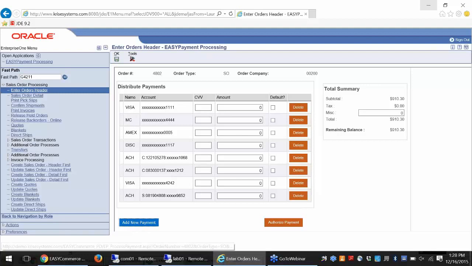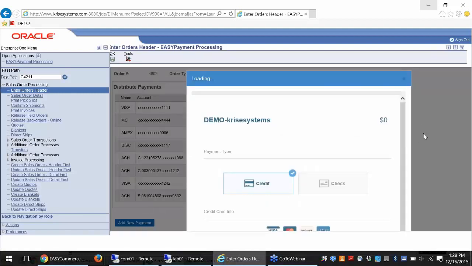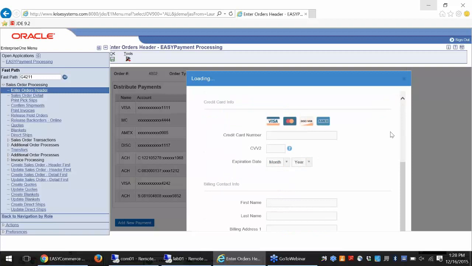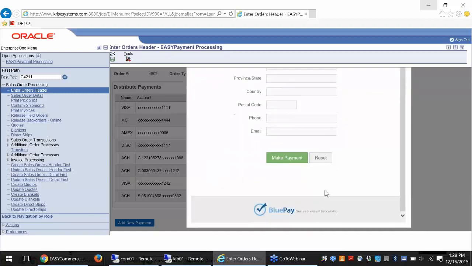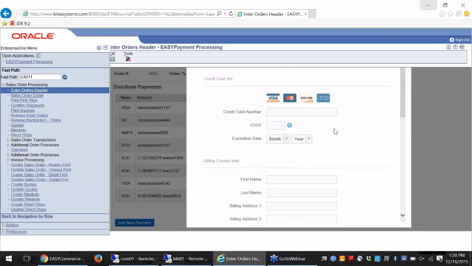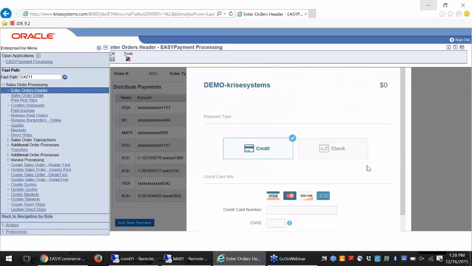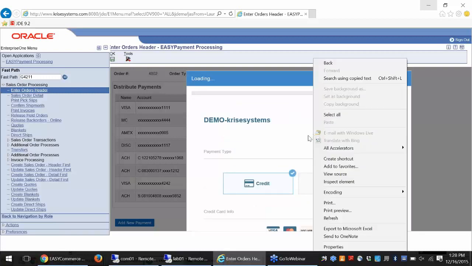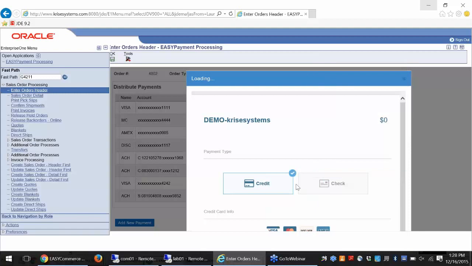Yeah, let's do that. So add new payment, this is where the payment gateway hosted payment form comes into play. If we look at this page itself, right now we're connected to our BluePay payment gateway. This page is hosted at BluePay itself. If we actually go to source,